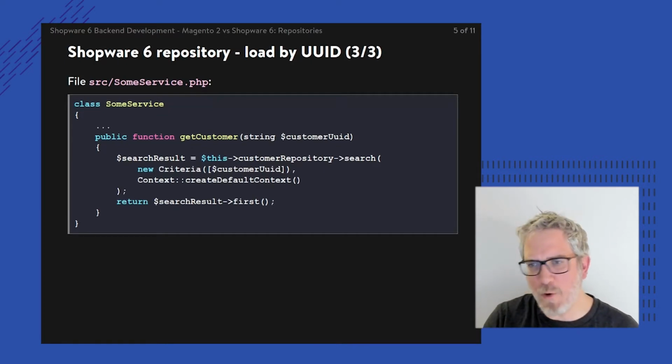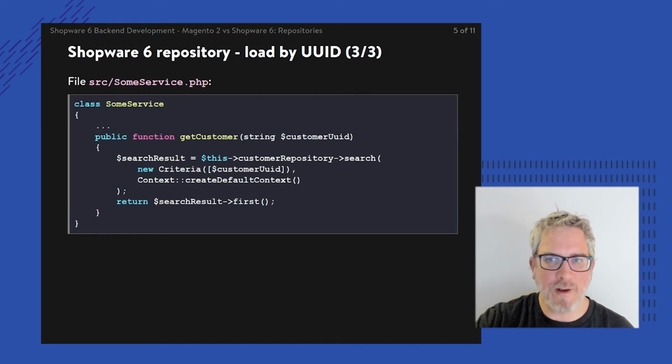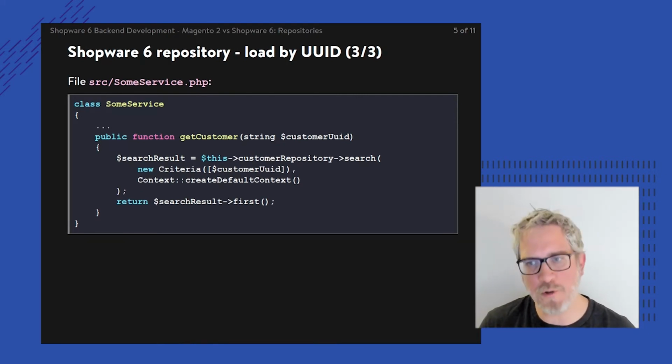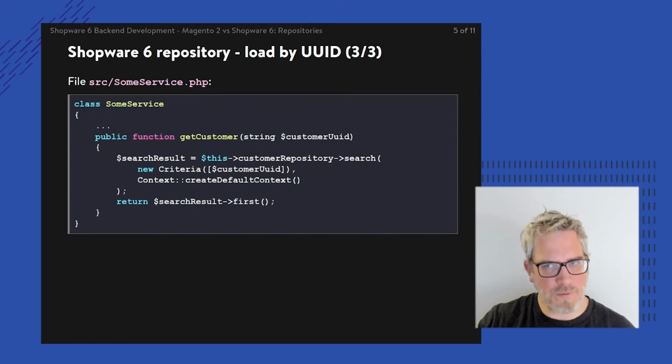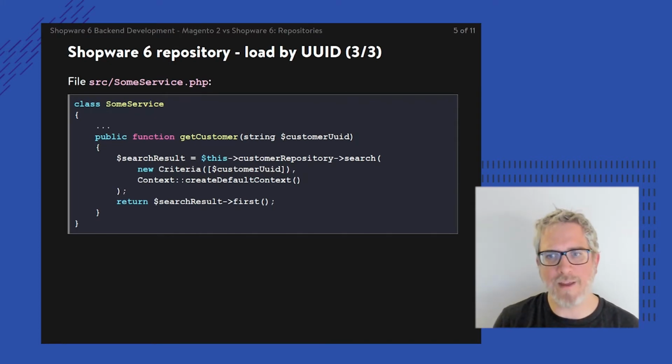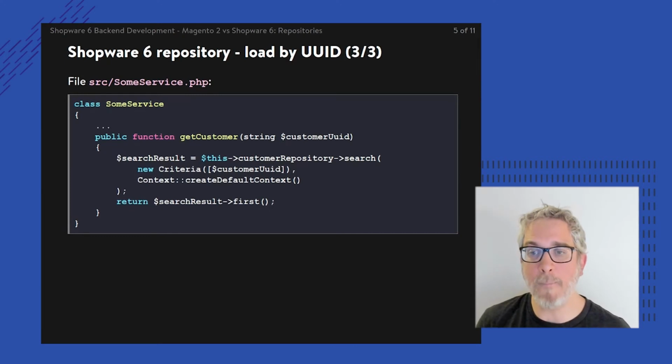Well, theoretically, they could have built something like this and labeled it as a getById method anyway, but that's not the case. Within Shopware, what you need to do is you need to call upon the search method, pass in a certain first argument, the criteria, and if the criteria is not matching anything else but just an array, that is going to match with the primary key, or actually the UUID of the database table. So in effect, it's loading this UUID specifically in a specific context as well, which is returning a certain result, and that result might contain multiple search results.